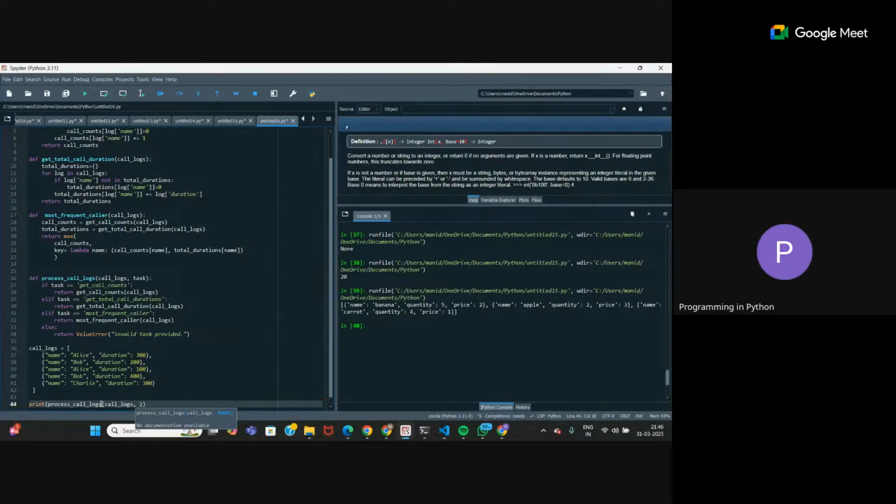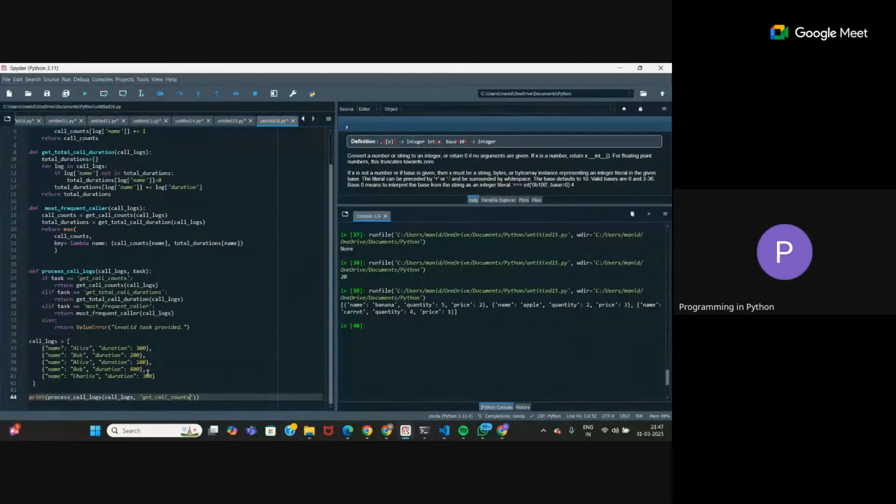So if I want to do get call counts, what should be the call count? For Alice, it should be 2. Bob, it should be 2. Charlie should be 1. Okay, this one is working. Let's try the other ones also.